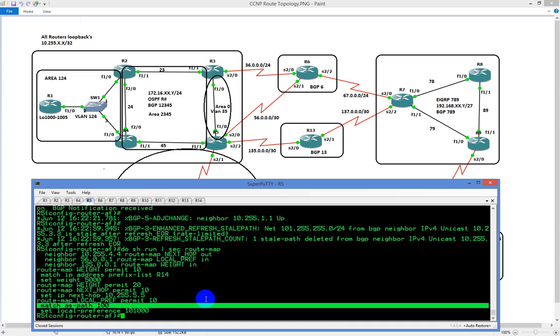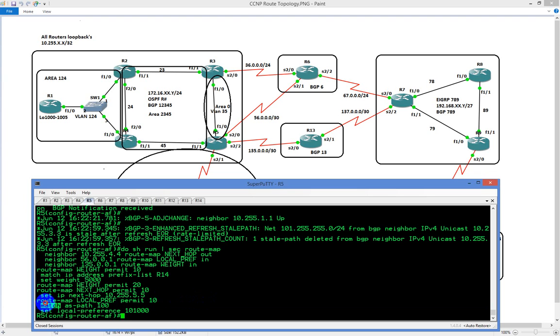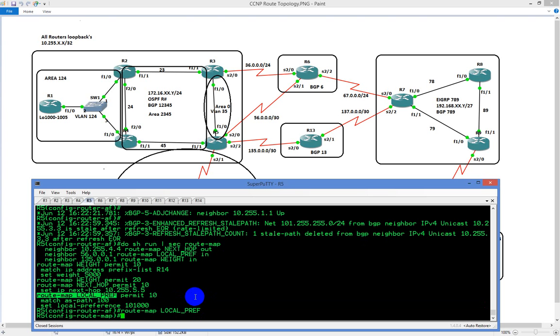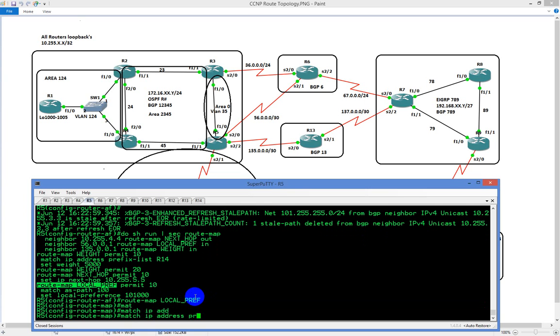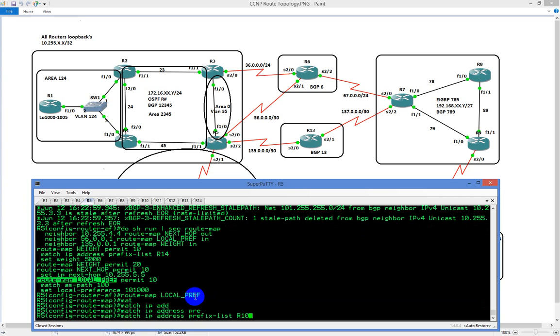I'm going to pull this one out. I'm going to type in match IP address prefix-list R10